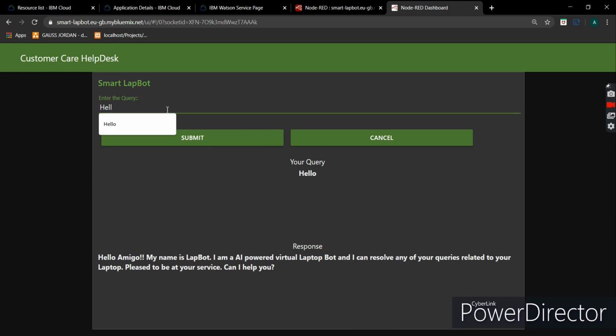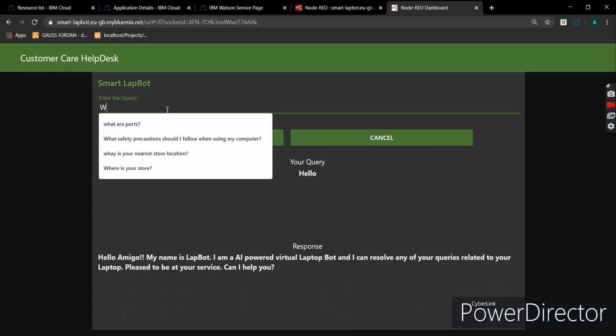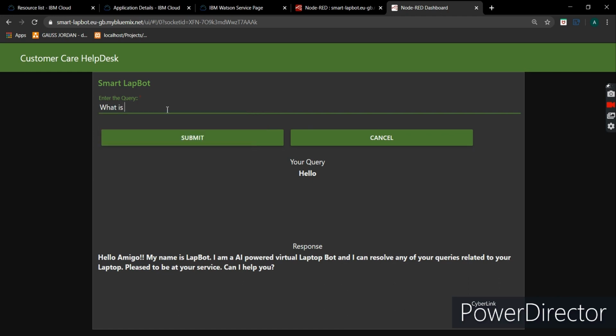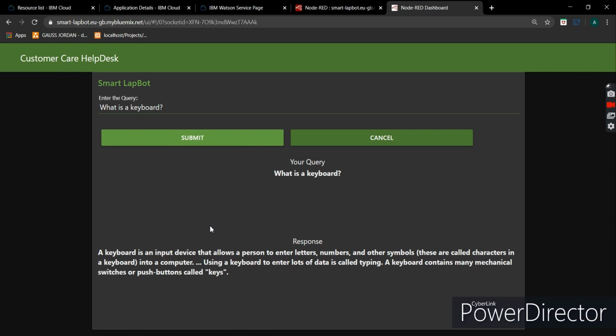Now, let's try some basic things which we created in our Watson skill set. What is a keyboard? Let's type it and submit. Now you can see we are getting the same thing, that a keyboard is an input device and all that stuff.